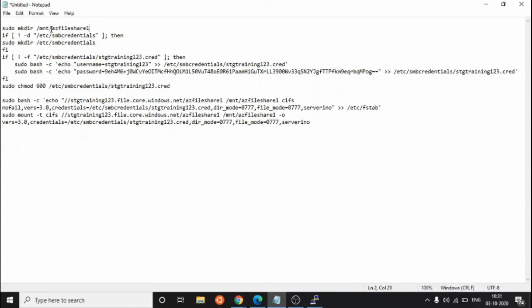Suppose your server got restarted, in that condition your drive will be unmounted. It will not mount automatically, so you need to run your script again. That directory gets removed, so after restarting it is not going to mount your drive.